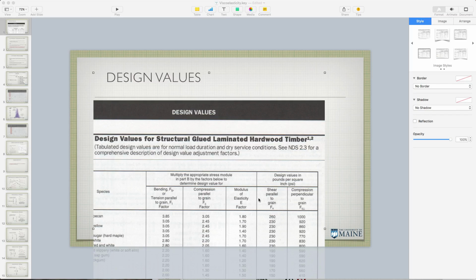All right. Well, today we'll be moving on to viscoelasticity. We'll start in on that. We certainly won't get towards the end of that today. But what I wanted to do is talk about the design values and moving from